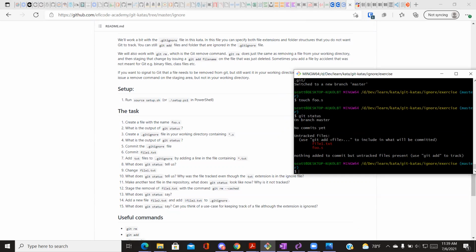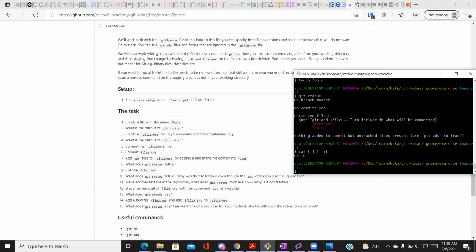Okay. Cat file1.txt says hello. And then foo.s has nothing in it. And then a .gitignore file in your working directory containing *.s. So vim .gitignore, why don't we do this? We'll be clever. We'll say